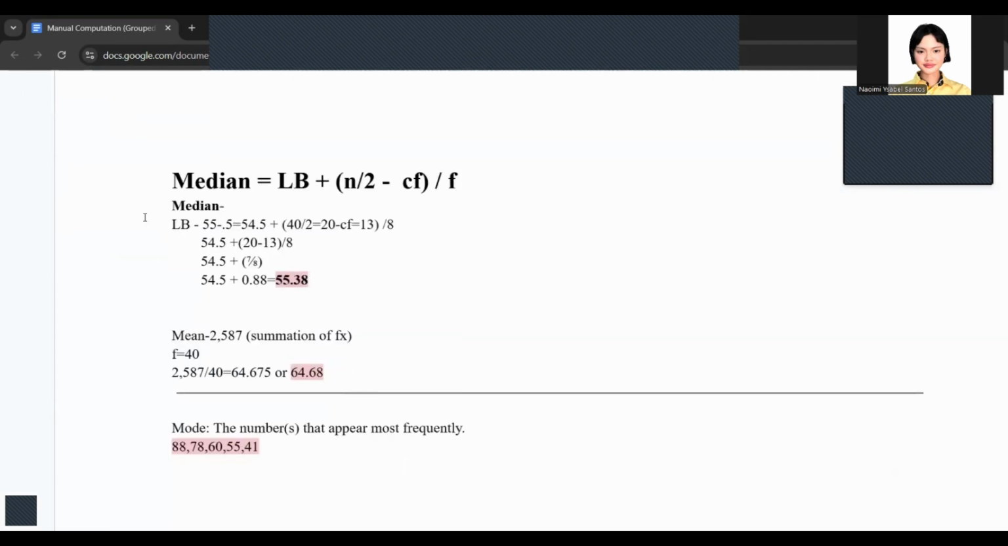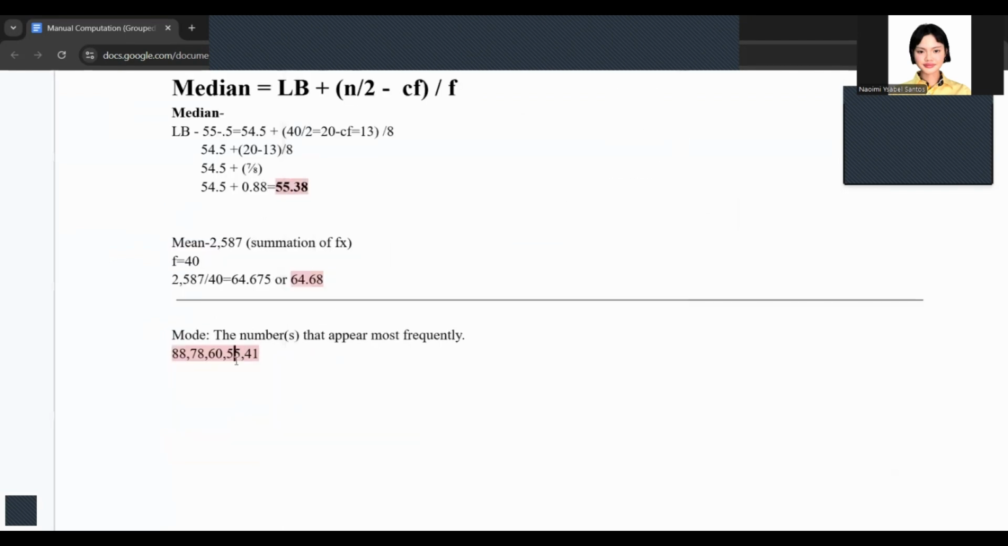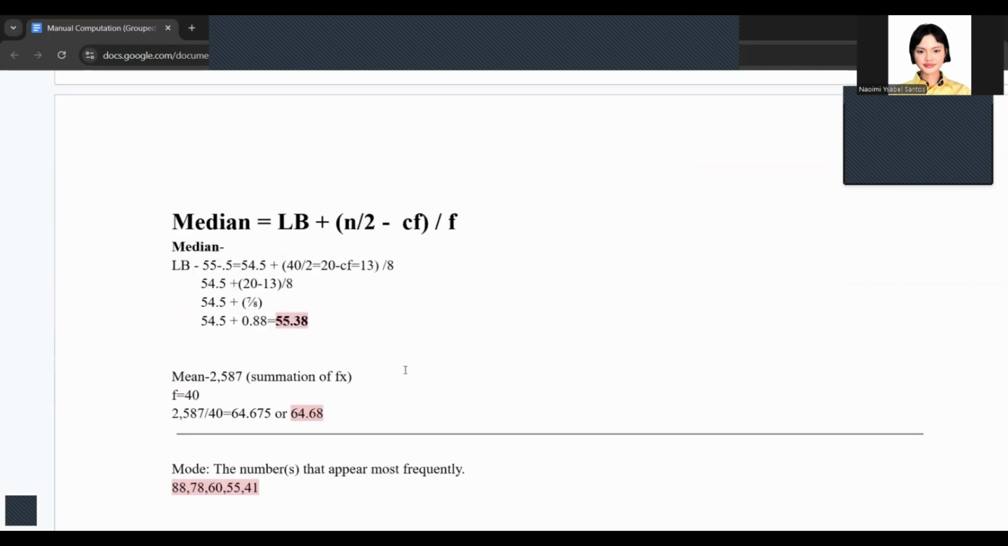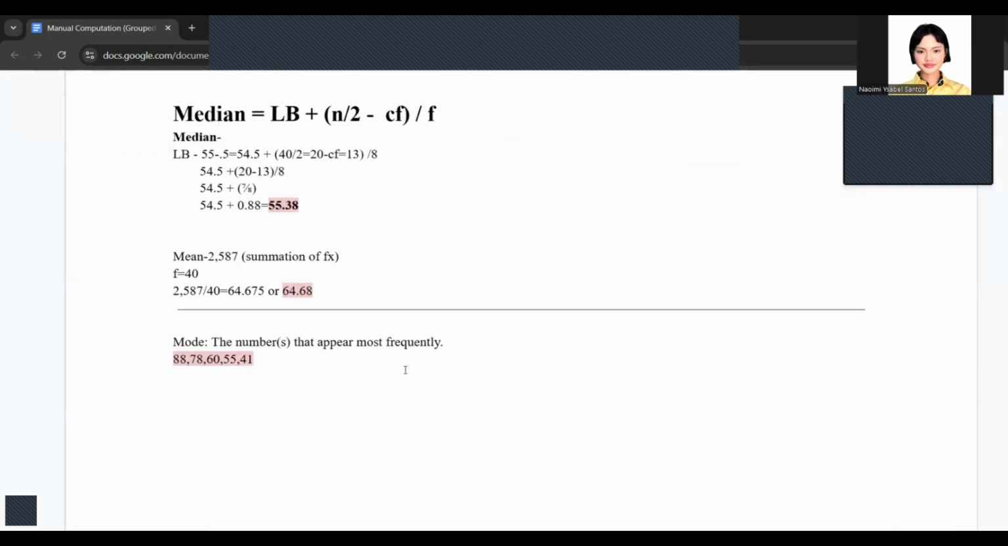So this is all. We have median, mean, and mode. We have 55.38, 64.68, and then we have 88, 78, 60, 55, and 41. This is all for our mean, median, and mode for